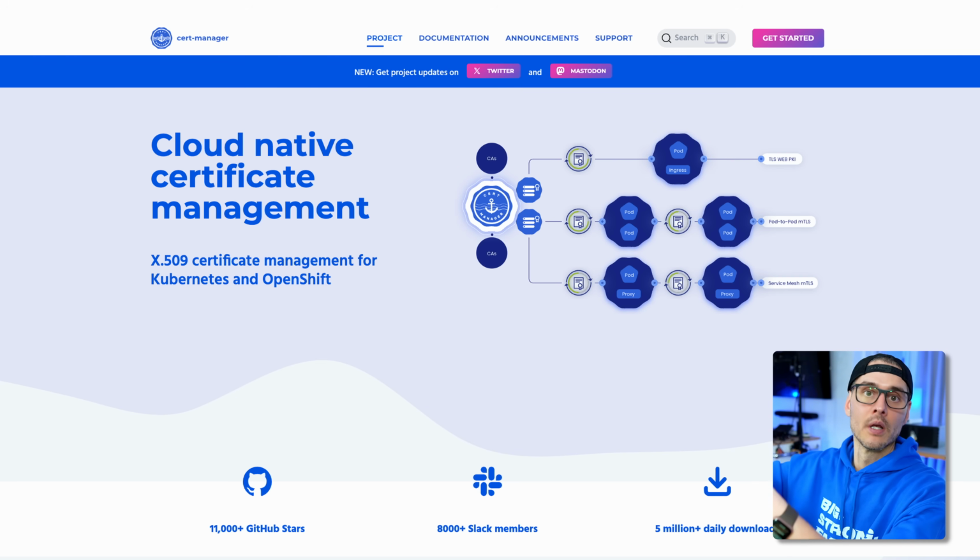It will go out, request new certificates, pull them down, and put them as configuration within Kubernetes, and then Traefik can use those since it's a shared resource within Kubernetes. So in Docker, I use Traefik to get and manage certificates. In Kubernetes, I use Cert Manager to do it, but then they're still used by Traefik. So a little bit of nuance there.